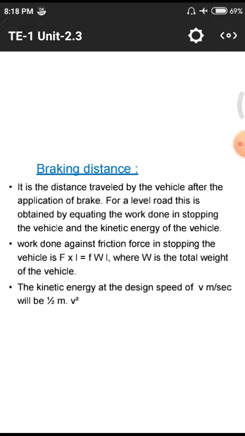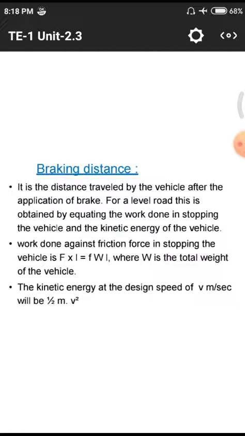Normally when we are traveling on a road, we will observe these kinds of braking distances for a few vehicles, because of the different problems they are facing: vehicles in front, vehicles going behind, sudden signal systems, and some police patrols arranged at particular points. Due to those, we are having this braking distance applied at different points.